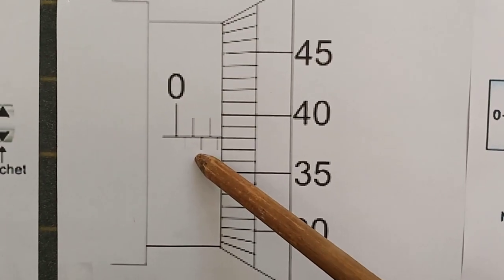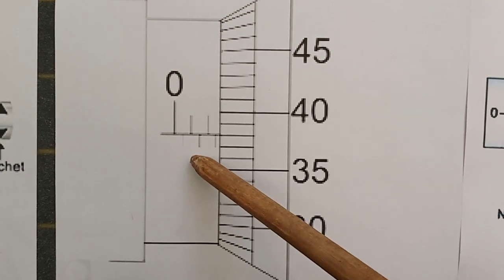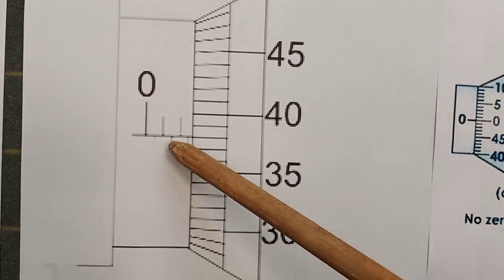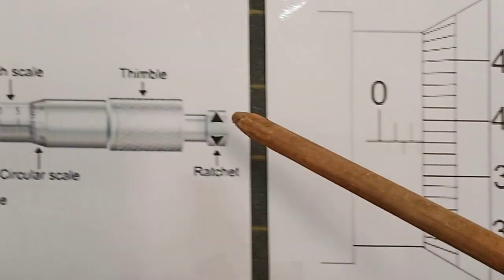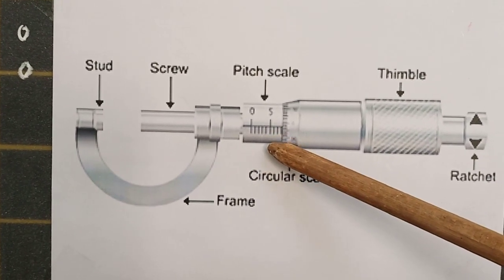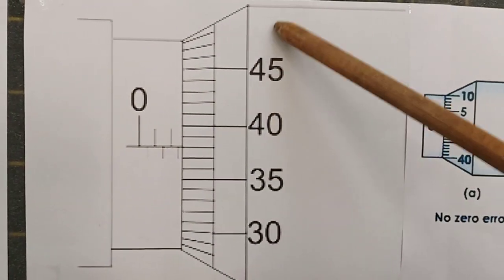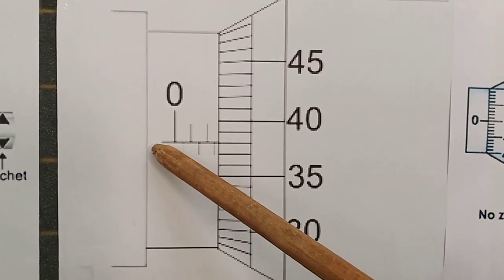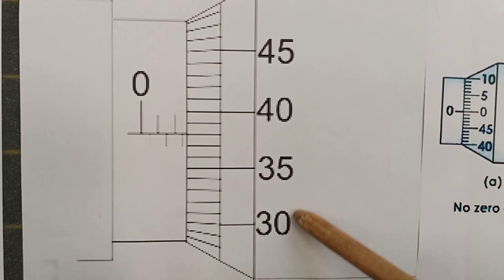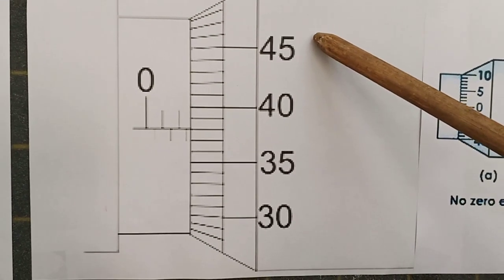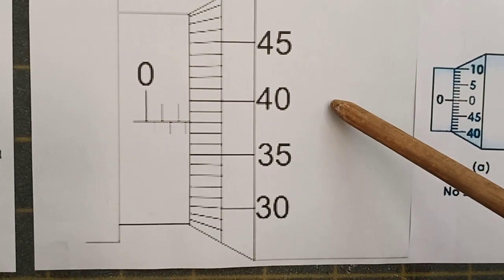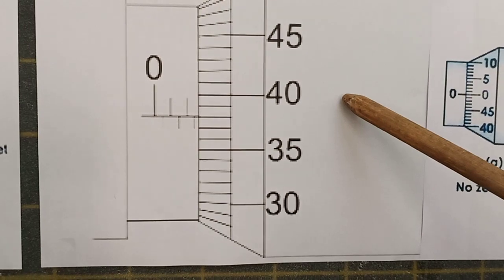So let's study how to take the reading with the help of the screw gauge. This line is called the reference line, or we have seen it earlier as the pitch scale, right? I have shown you this diagram earlier. We know this is called the linear scale or pitch scale or main scale, and that is the reference line, also sometimes called the axial line. And another one you can see here is your circular scale division. Before, I told you this is only a division and you are going to multiply it with the least count, then we are going to get our circular scale reading.